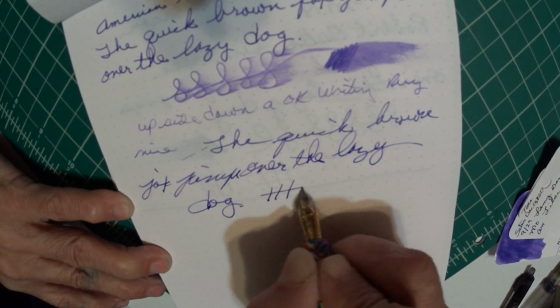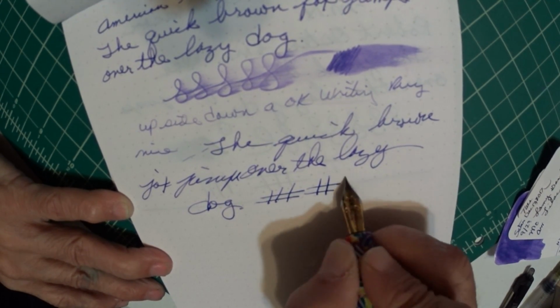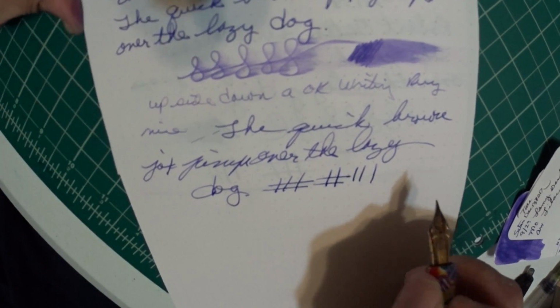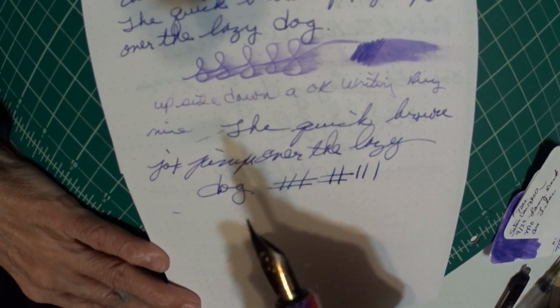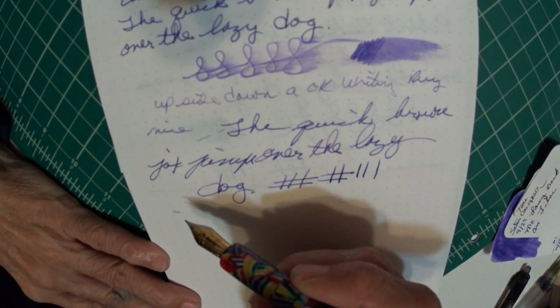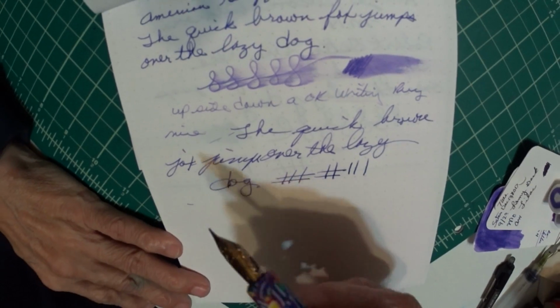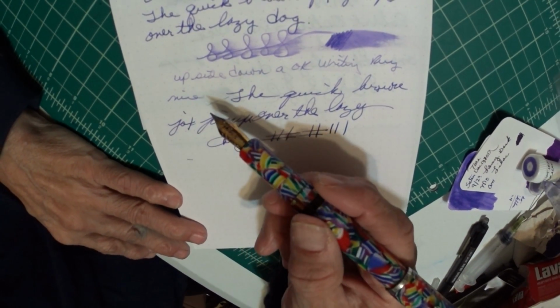All right. Not much on line variation. Get a little bit, but not much. So here you have it. The American Graffiti Hinze custom-made fountain pen, made by Jim's own hands, was given to Larry's Fountain Pens